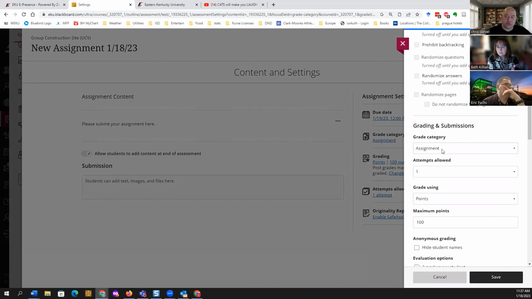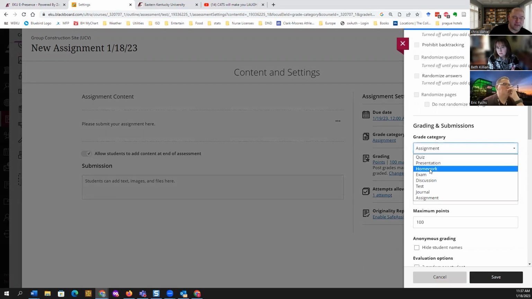Doing this just helps you later if you want to filter your grade book to only look at those types of assignments, or if you want to use a category in determining the total grade or the end of term grade. So if you want to give all quizzes a certain weighted percentage, setting that up and being mindful of which assignment goes under which category is important initially.